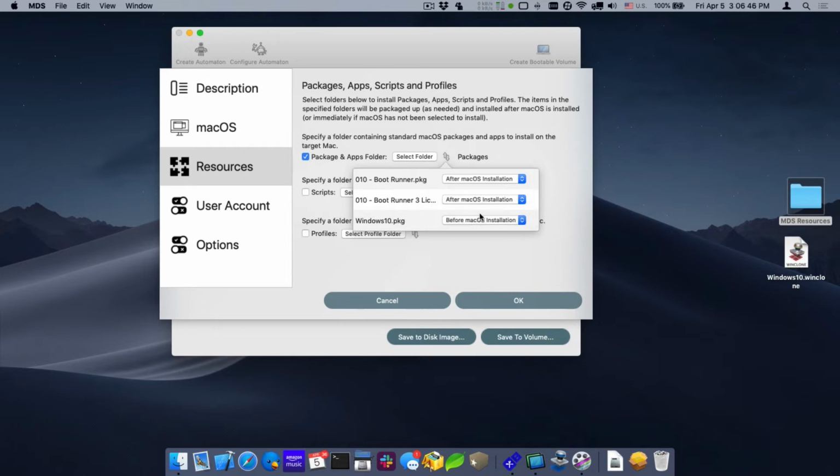The order is not so much the important part, but if it's after Mac OS installation, the installer will copy the Winclone image to the Mac partition and install it from there. And that can add a whole bunch of additional time. And in fact, it can actually give errors if you have a very large Winclone package or a very large Windows installation. So the key to this is you do it before Mac OS installation,